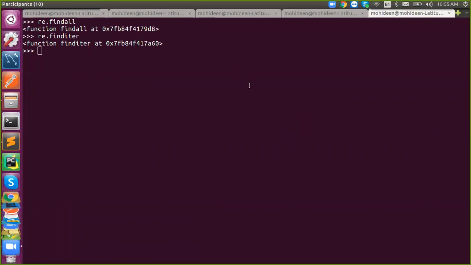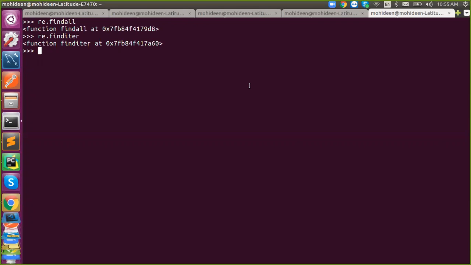Findall means it will find all, both the matching and non-matching ones, and maybe for finditer only the matching ones will be returned? Sorry, you are wrong. Someone else? For finditer, maybe the output object will be a generator. Okay, iteration. Yes. So what is the purpose? Simply, what is the purpose? Memory efficiency. That's it. Exactly.